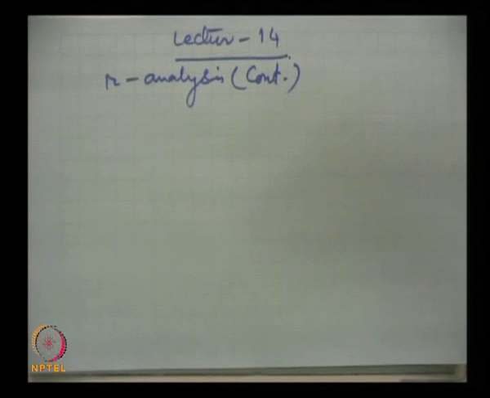Continuing our analysis, R parameter analysis of the common emitter amplifier was under discussion, and we obtained a simple expression in terms of resistances for voltage gain. Now, we talked about what we mean by swamping of the emitter, and what happens if we do not swamp the emitter. Let us take this as an example.